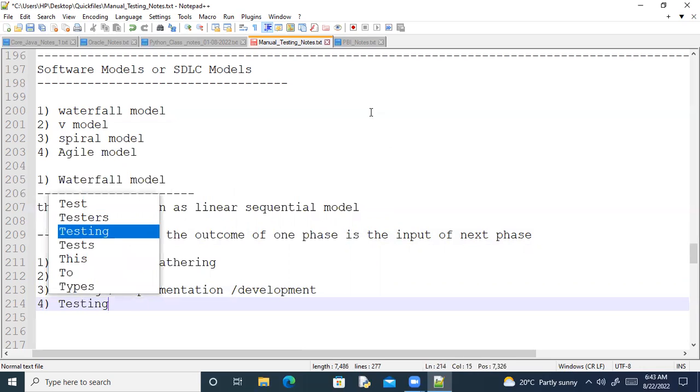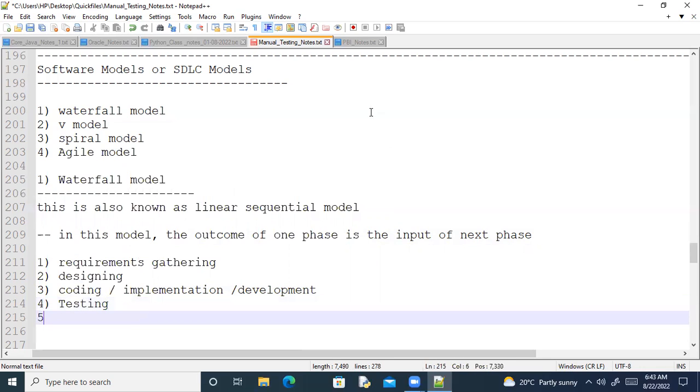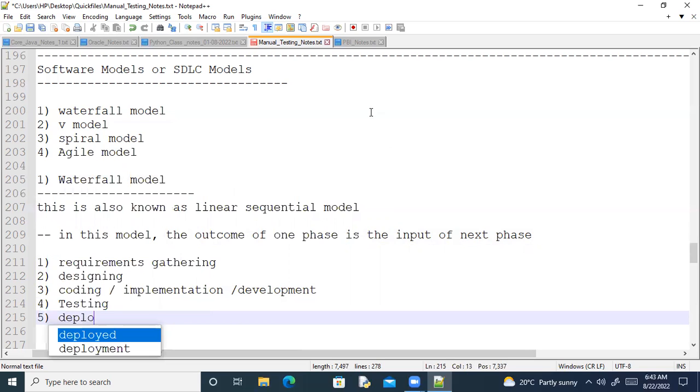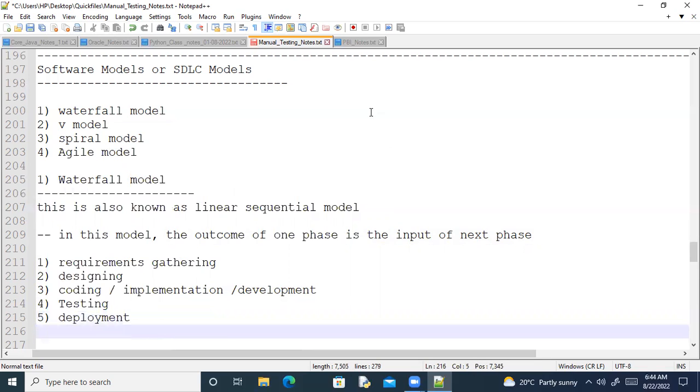Next, testing. Deployment. And the sixth phase is